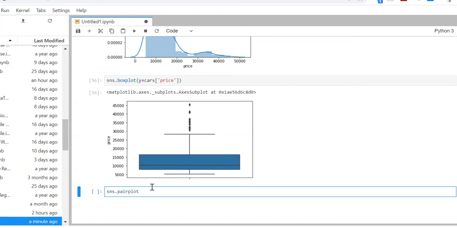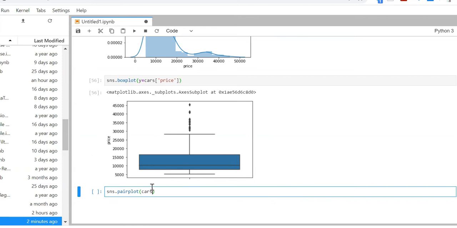It is going to plot each variable against each variable. So suppose there are 5 numeric variables, it's going to plot 5 into 5, 25 plots. But you have to be very careful with the amount of data you are having. Suppose you are having 40 columns, then 40 into 40, 1600 plots, obviously it is not recommended.